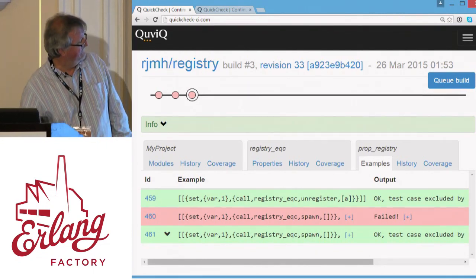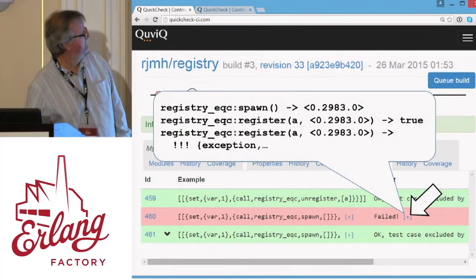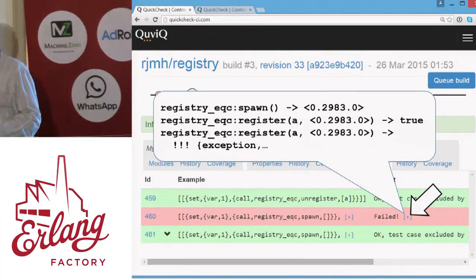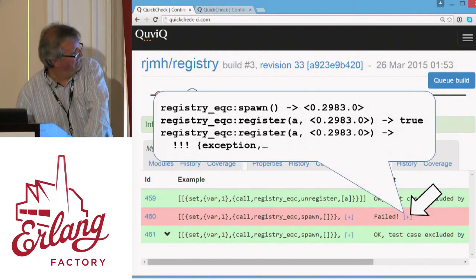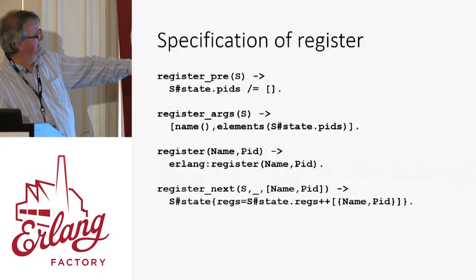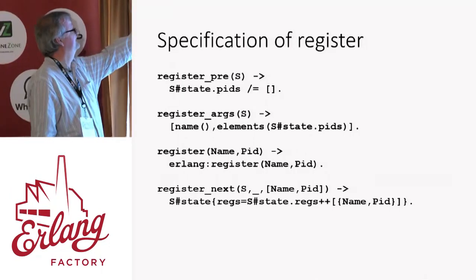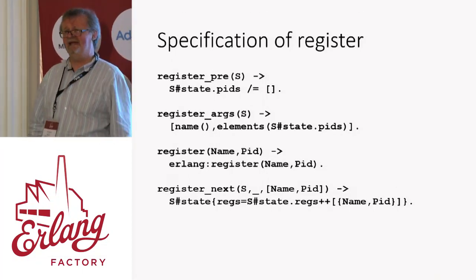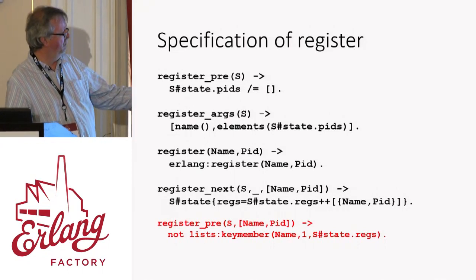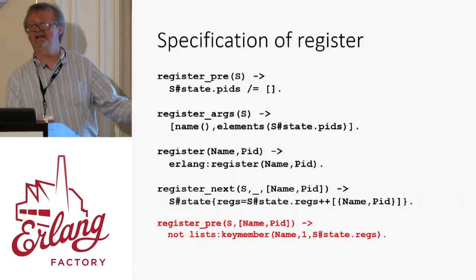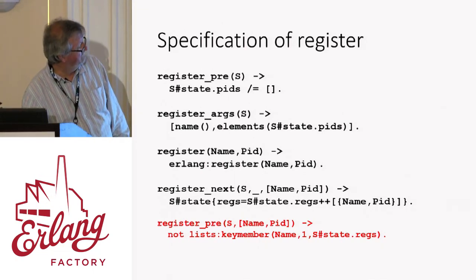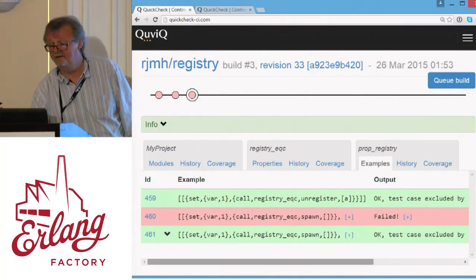OK, so there's one remaining. And this one was the one where I registered the same name twice. And so if we look at the specification of register, I've only got one precondition here, and it says you can call register if you have some PIDs. But I need to add one that says you can only call register if the name is not already in the registry. So if I add that and rerun my tests,